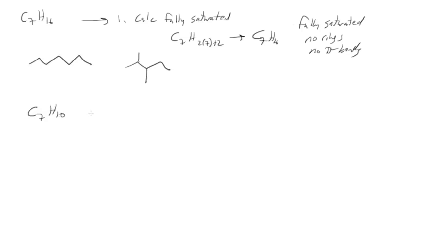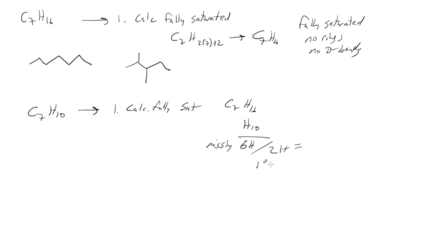C7H10? So the first thing, again, is to calculate fully saturated, which we already did up here, C7H16. And now I want to subtract from that. So I should have 16 hydrogens if it's fully saturated. I only have 10, so I'm missing 6 hydrogens. Remember, for every 2 hydrogens, that's 1 degree of unsaturation. So if I divide that by 2 hydrogens, I get 3 degrees of unsaturation in this molecule,